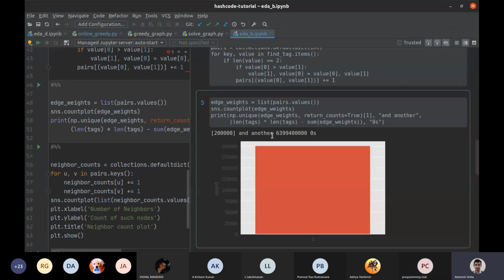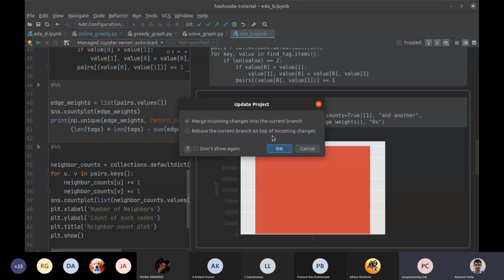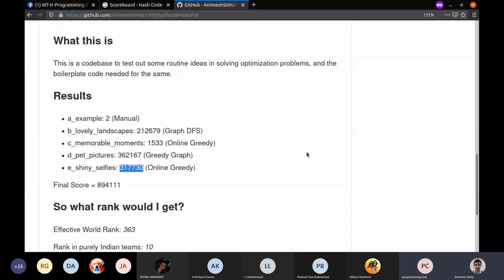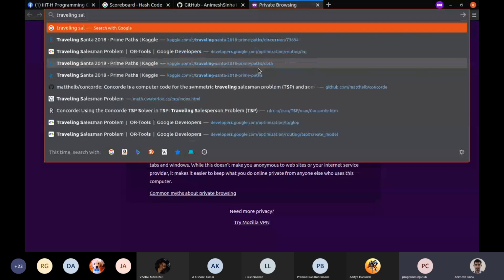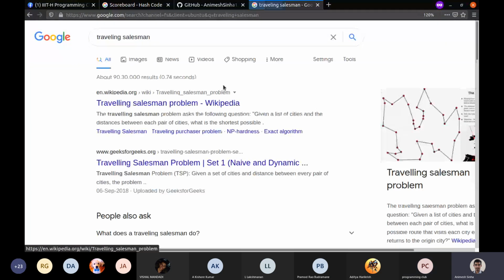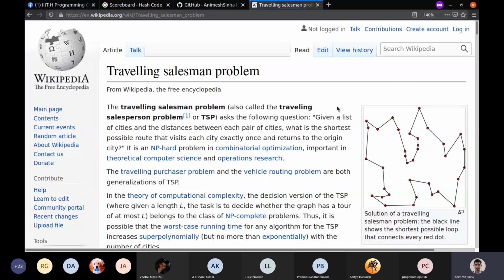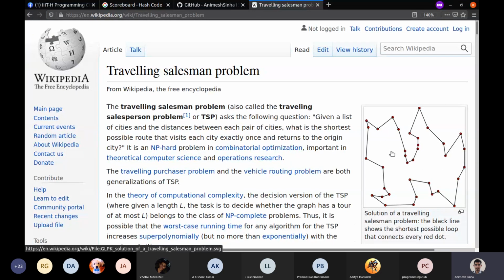Let me just define what's known as the traveling salesman problem once. The idea is that there is a salesman who wants to visit all the states of the country. So there are, I guess, 29 states, and you want to go through all of them. You want to visit each single state once and try to sell in that state. You do not want to come back to the same state twice, and you want to visit all the states in some order. Now you are given plane tickets from state 1 to state 2 for all pairs of states. So from Jharkhand to Hyderabad, Hyderabad to Bangalore, Jharkhand to Bangalore, you are given these values.